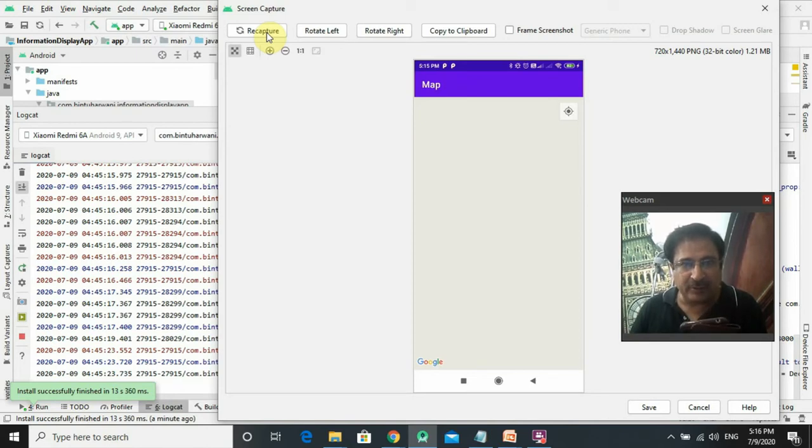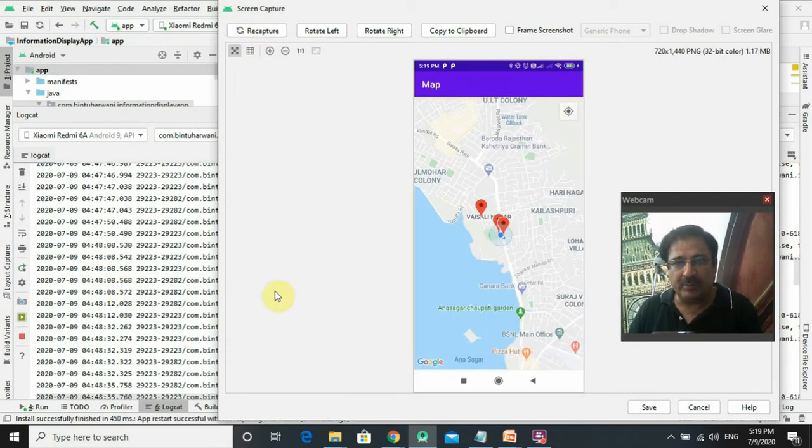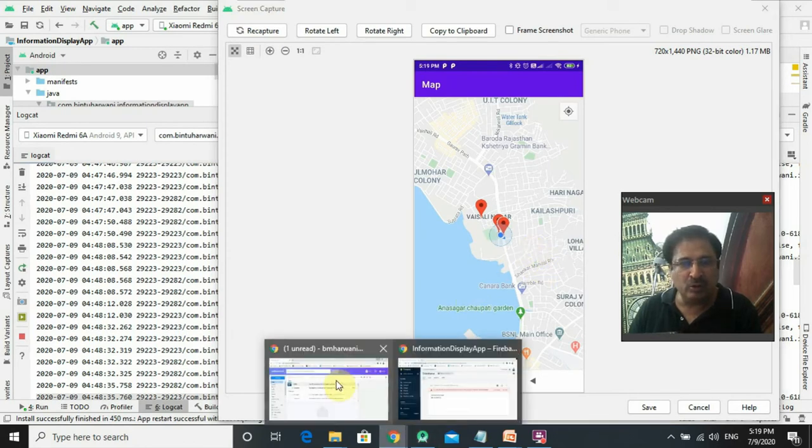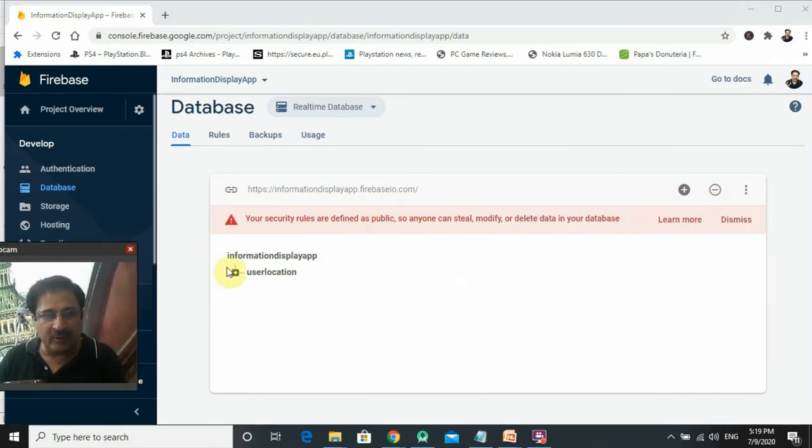Your phone should be connected to net. See, this is a message I'm getting. Location is written into the database. I'll get my location also soon. This is a toast message that I'm getting. It all depends upon the speed of the internet also. See, my location of the GPS coordinates have appeared, and here I'll go to this. This is my node. Can you see that? And here you will find my latitude and longitude. And it is being periodically updated with my movement, right? So my app is working perfectly well.